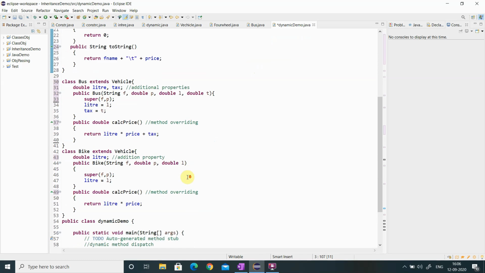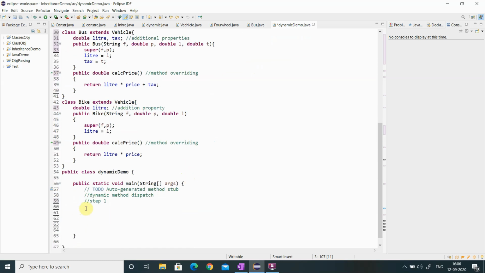The first step is to create the base class reference. Here I need to create an array of 4 base class references. My base class is vehicle, so I need to create an array of references: Vehicle V equal to new Vehicle of 4, because I need an array of 4 base class references.